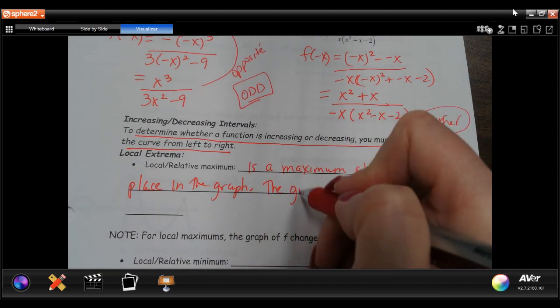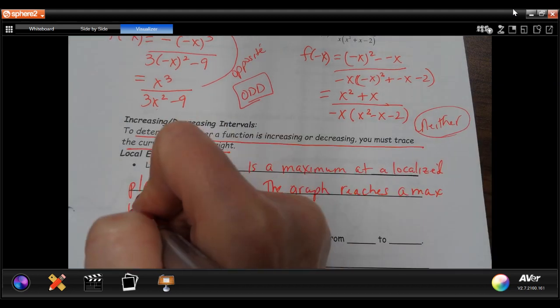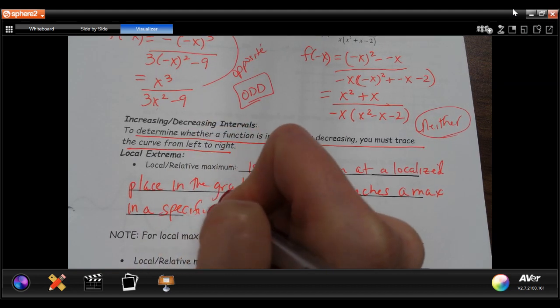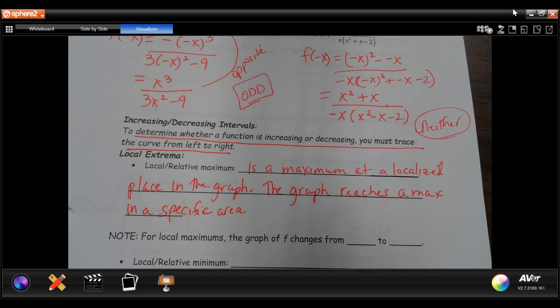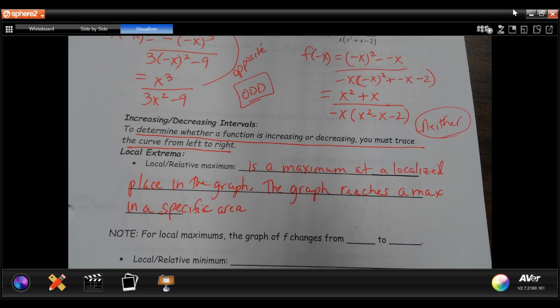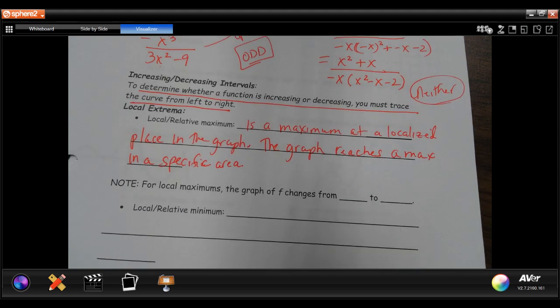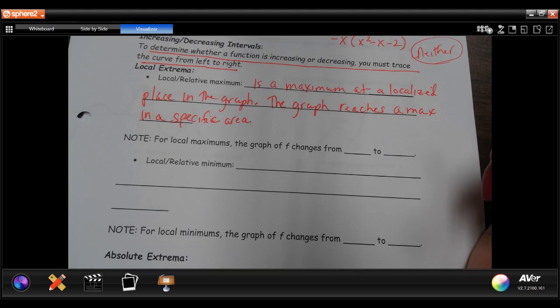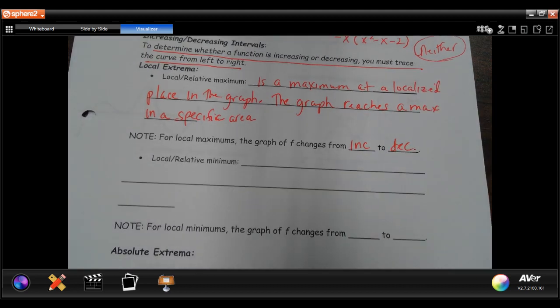Or we could say the graph reaches a max in a specific area. So it might not be the overall highest Y value, but it's the highest Y value in a certain area. Okay, so for local maximum, the graph of f changes from increasing to decreasing. For a local min,